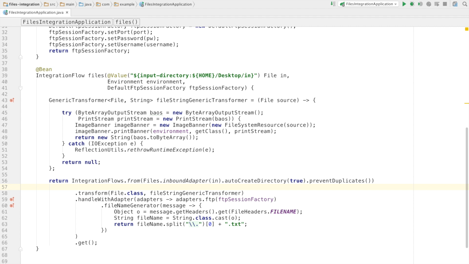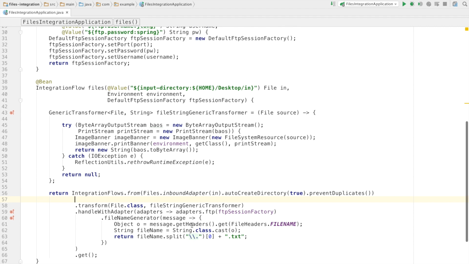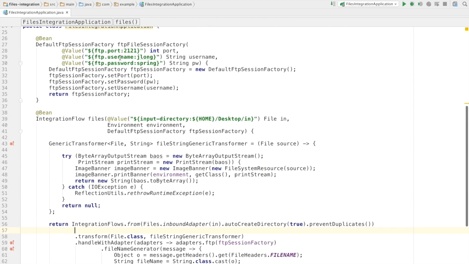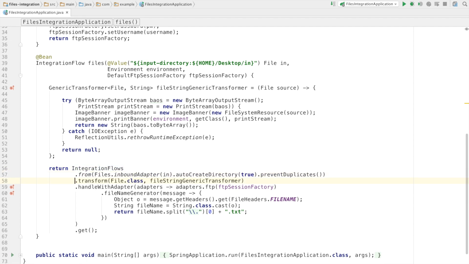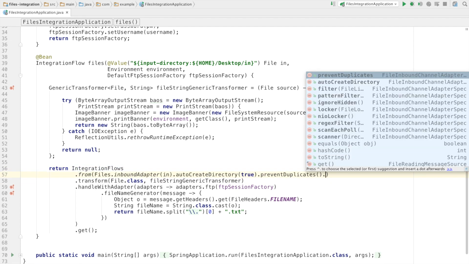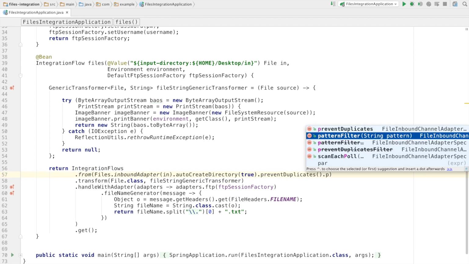Now, if this works, we should see the data. We should see any input JPG file automatically appear as a resulting file in the FTP server. So let's ensure that no matter what the nature of the file, the flow only works for JPG files. So we're going to go ahead and further customize our